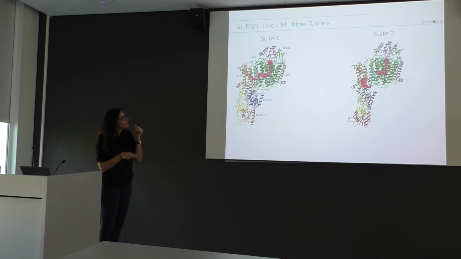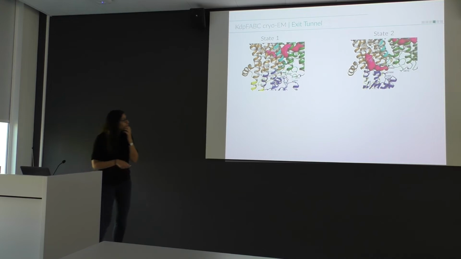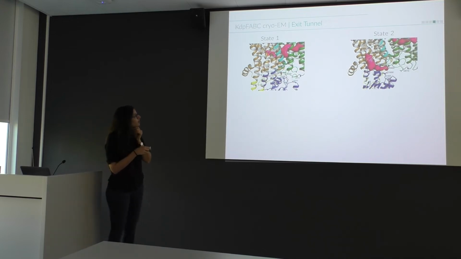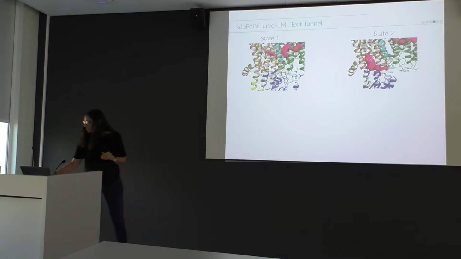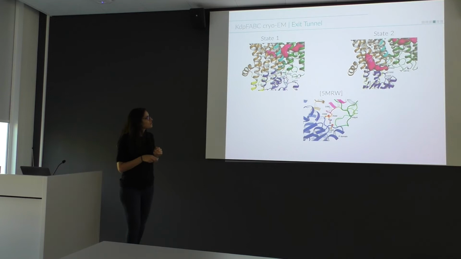But in state 2, we found another tunnel down here. If you have a closer look into that, again this ends at the canonical binding site. What we see happening here is a large rearrangement of these subunits and also of the helices in the transmembrane domain moving away and really opening a path. And what you also have here is this disruption of the salt bridge. And if you still remember from the introduction, this is exactly what the authors had suggested,